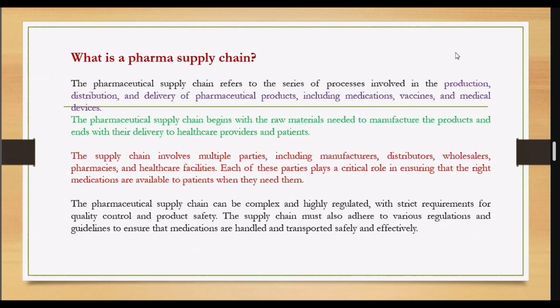So what is the pharmaceutical supply chain? Normally, supply chain is, when you talk about supply and demand in basic terms, how do you balance supply and demand in the normal sense? There is a demand from the consumers, the market. But how do you supply? What are you going to supply? How are you going to supply? And that is what supply chain is. So simply, to understand it from a common layman's perspective, the supply chain is how you are going to supply your products and services to the consumers through the production system, wholesalers, and retailers.